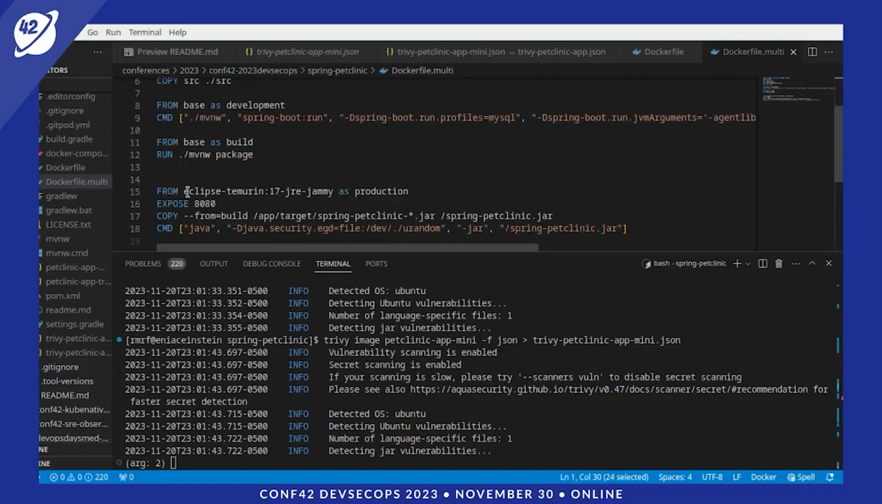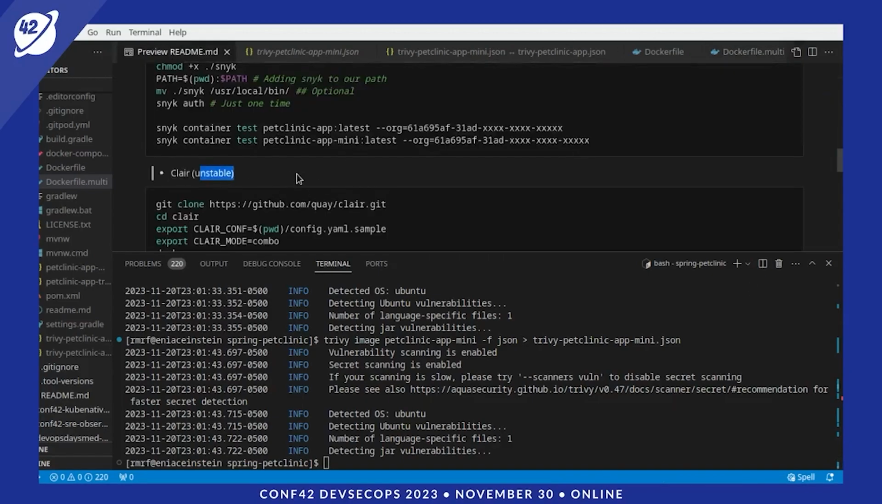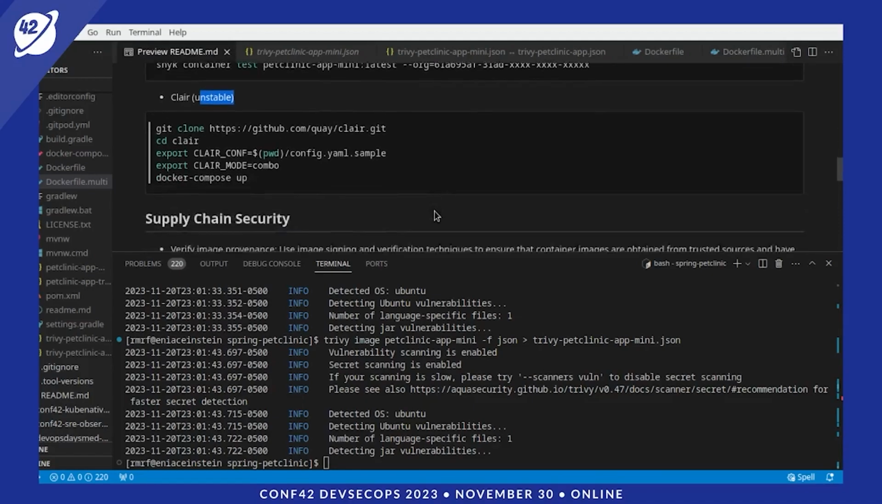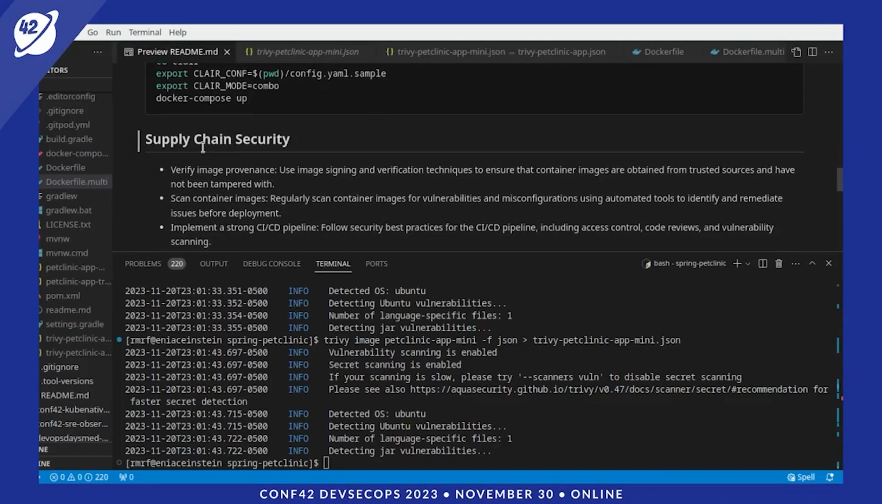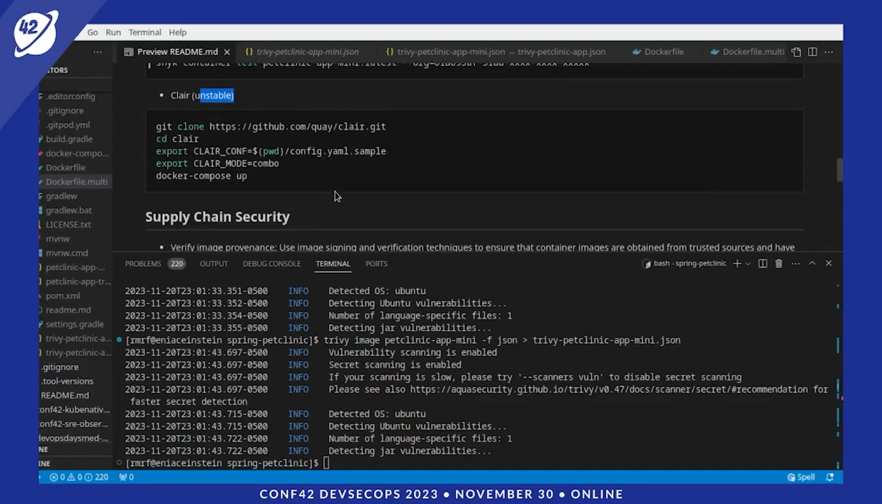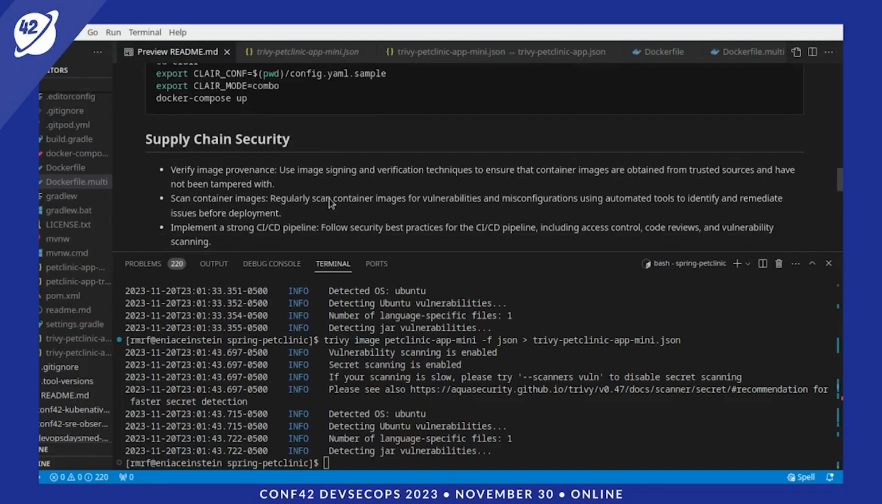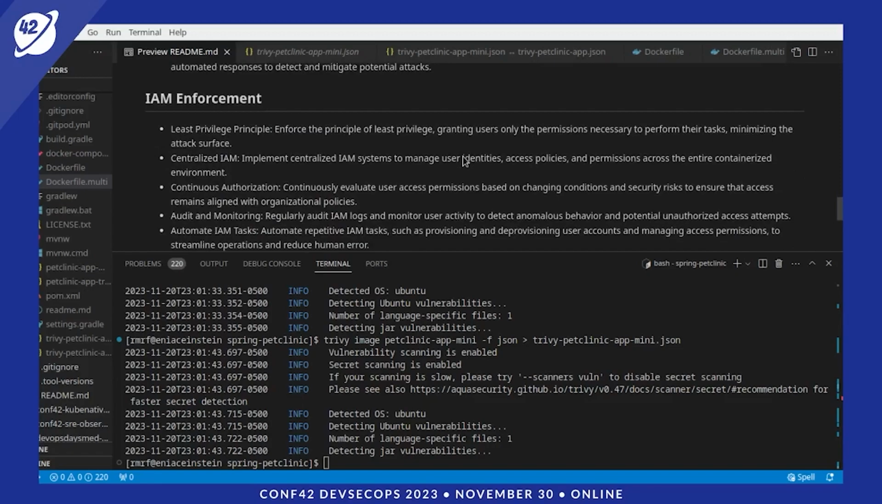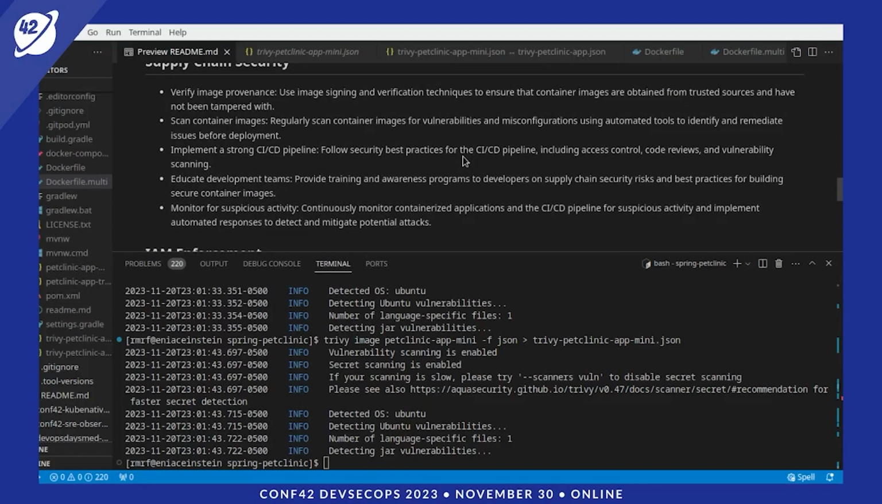This Eclipse Temurin image we found is based on Ubuntu, right? So we continue here. We can also execute declare definitions, and sincerely I tested this on my side. It was very unstable because I need to generate more space on my disk so I can continue this POC. But when we start with the supply chain and the IAM enforcement, we generate here a lot